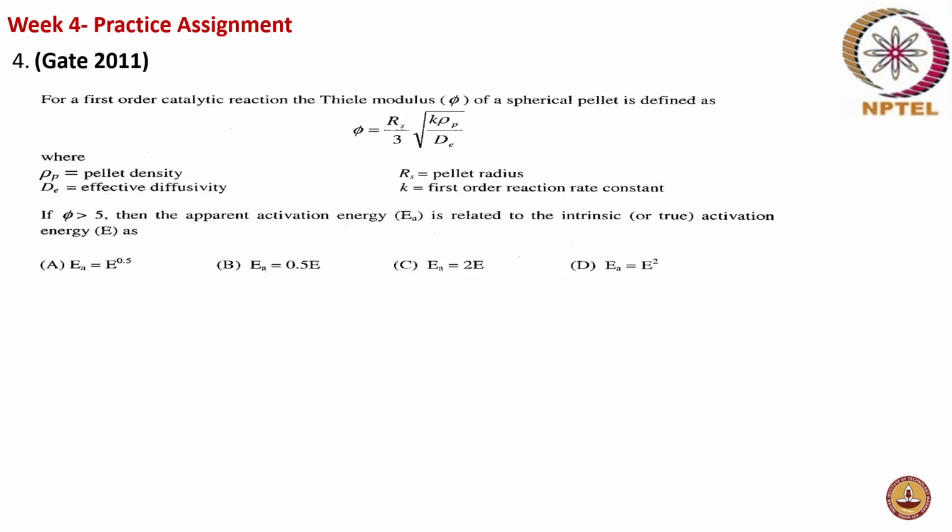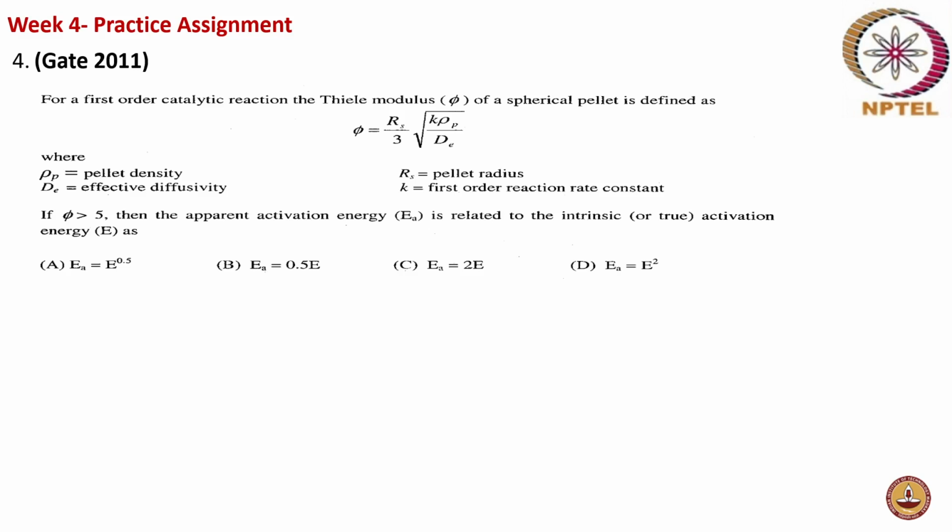is, for a first order catalytic reaction, the Thiele modulus phi of a spherical pellet is defined as phi is equal to Rs by 3 into square root of K into rho P by dE, where rho P is the pellet density, dE is the effective diffusivity, Rs is the pellet radius, and K is the first order reaction rate constant. If phi is very large, then the apparent activation energy is related to the intrinsic or true